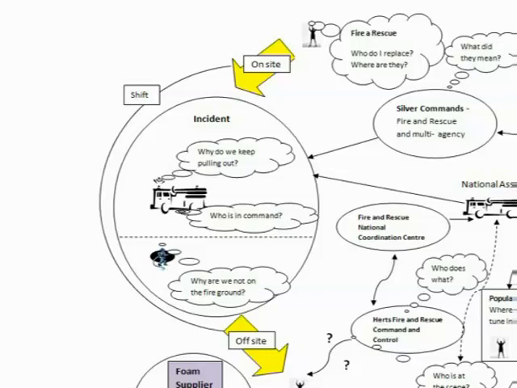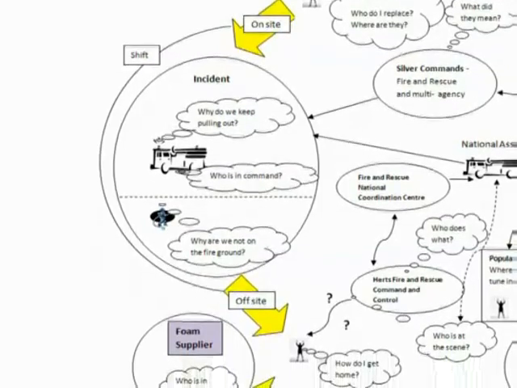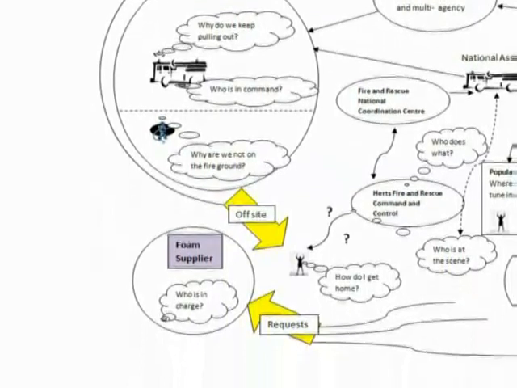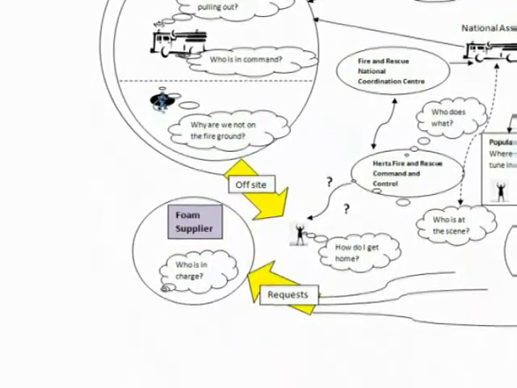At the end of the shift, there were also problems. Transport arrangements for transporting firefighters off the scene were poor, and often the arrangements meant that Fire and Rescue Control had difficulty in keeping tabs on the whereabouts of equipment and personnel. The main firefighting foam supplier also raised the issue that during the incident it had received requests for foam supplies from numerous different individuals and organisations for the same job. This again led to confusion. This situation is represented at the bottom left of the rich picture.